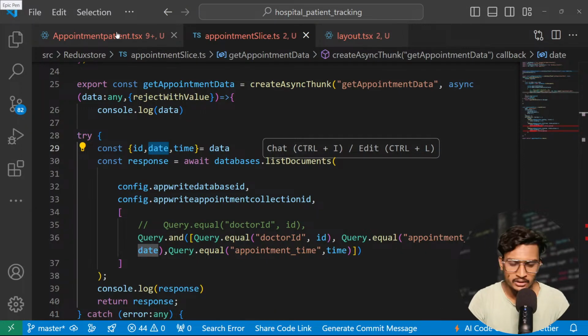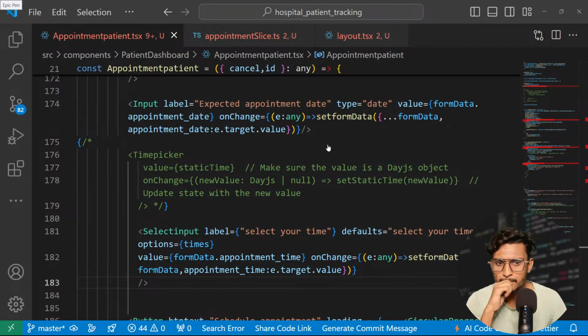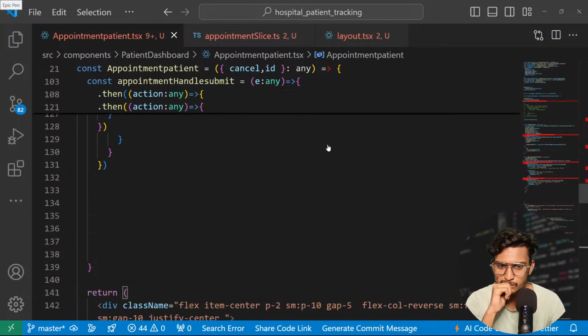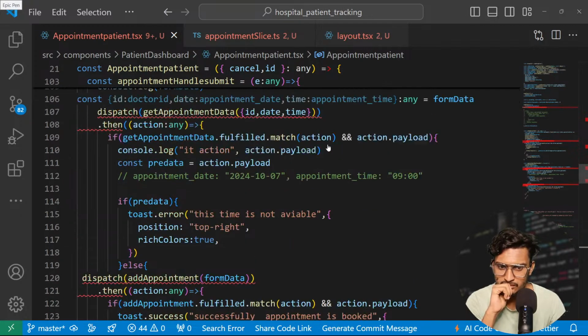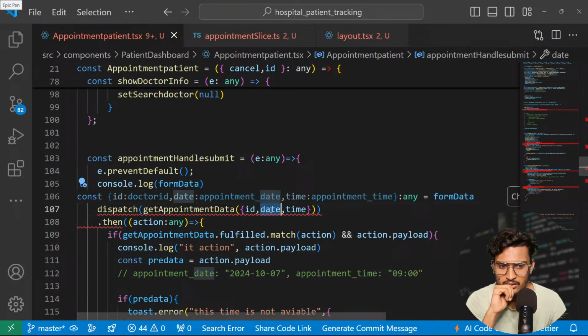Let's go in appointment component, and let's go to the top. Appointment handle submit DATE, and we are just using a DATE, but it's showing